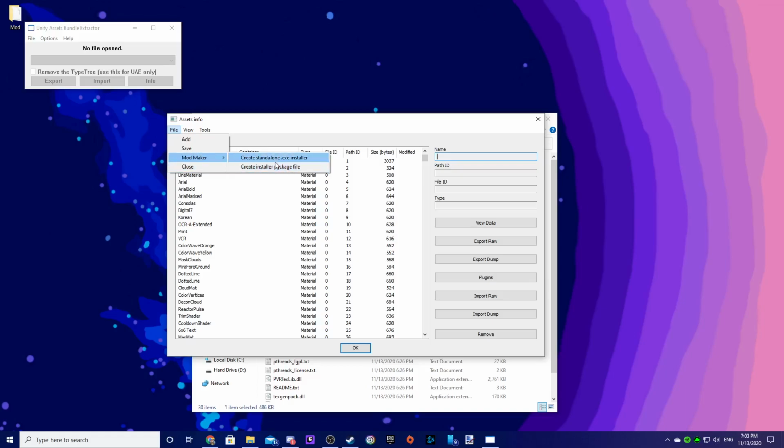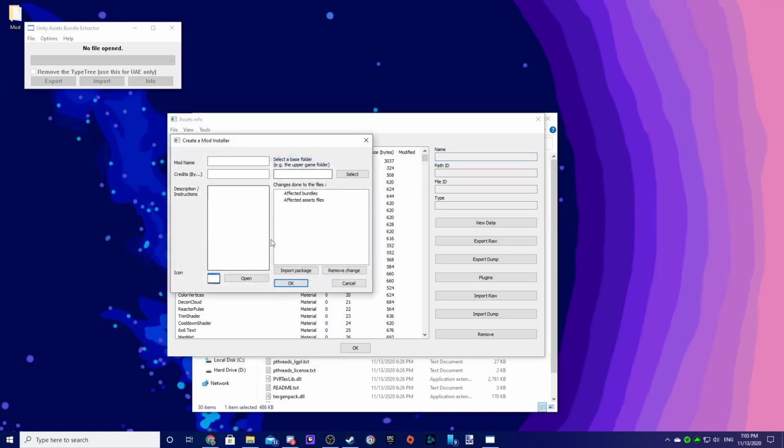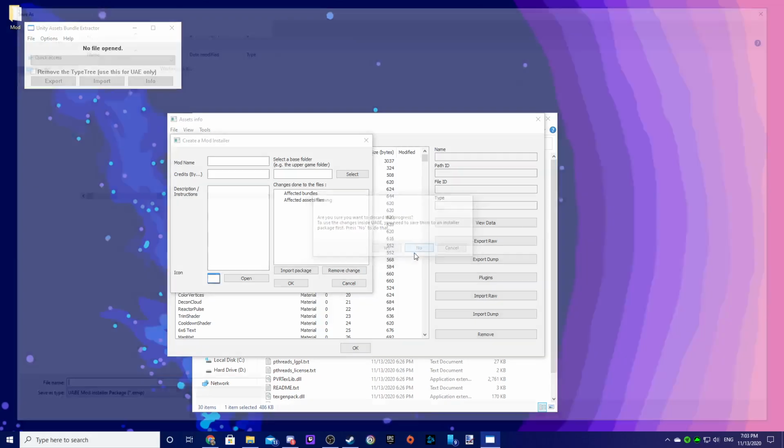This is how you create an EMIP, for the record. And you go to Mod Maker, create standalone exe installer, and because I didn't change anything, it doesn't do anything here. To actually create an installer file,